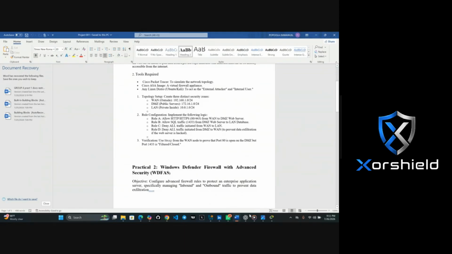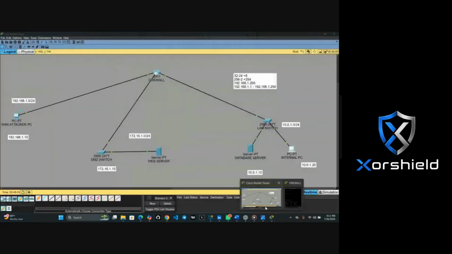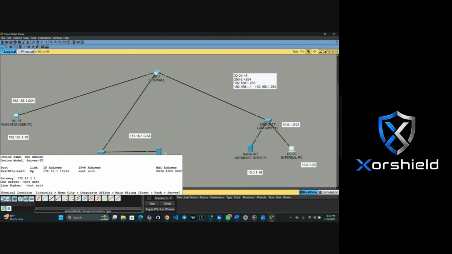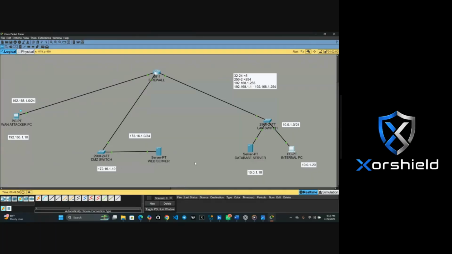Either it is secured or not secured, which is hypertext transfer protocol and hypertext transfer protocol secure.